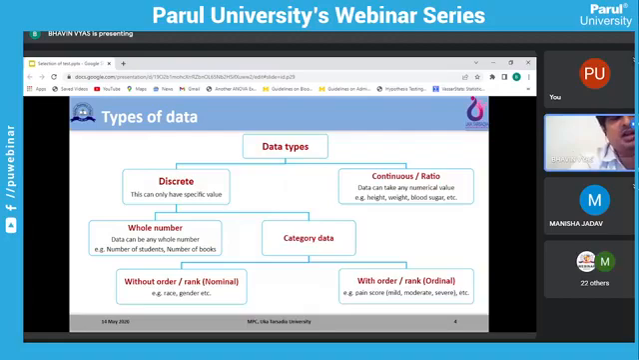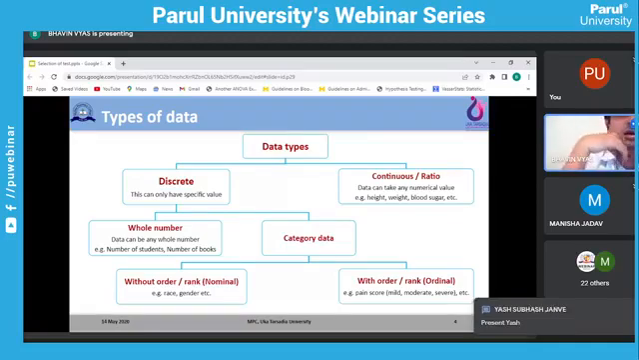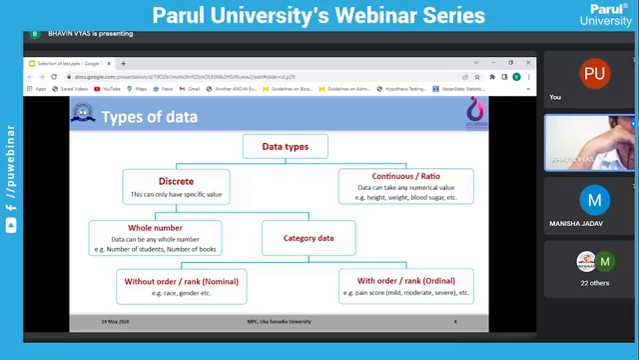When I say discrete data, further I can divide that into two types. Discrete data will be presented as a whole number, so there will be no decimal. The data can be any whole number, like number of students, number of books. There is no possibility that half a student is present or half a book is present. You need to present it in the form of a whole number. 5 books are present, 6 books are